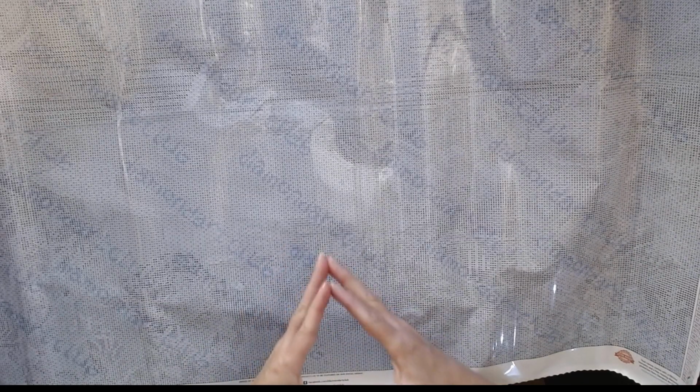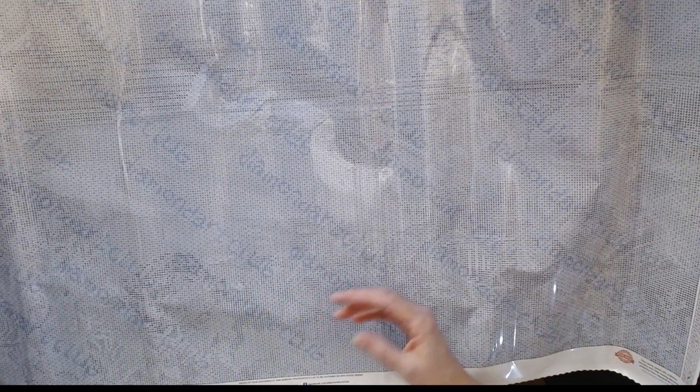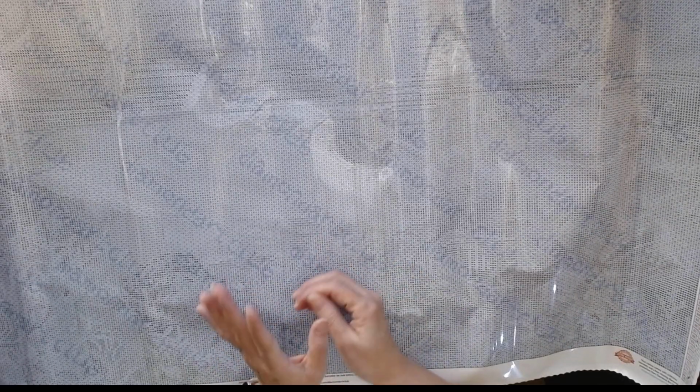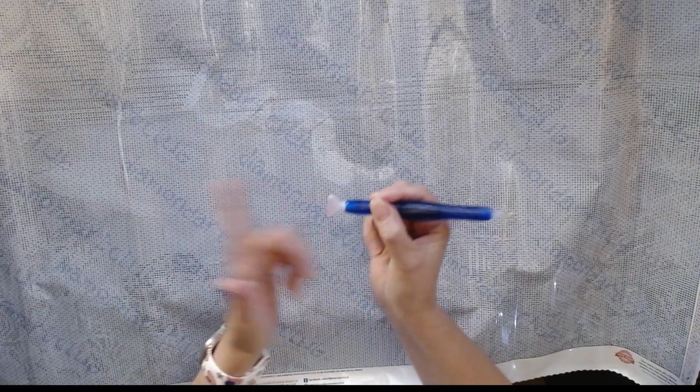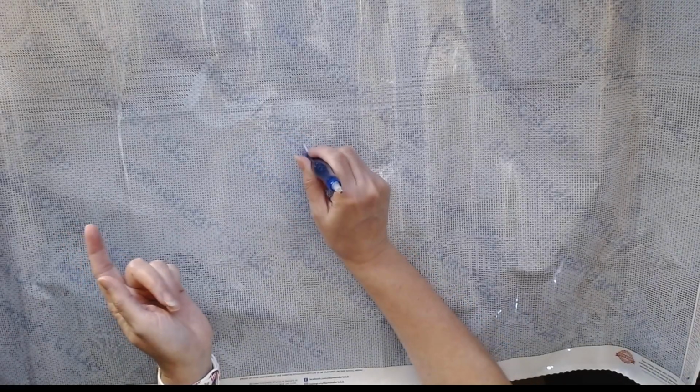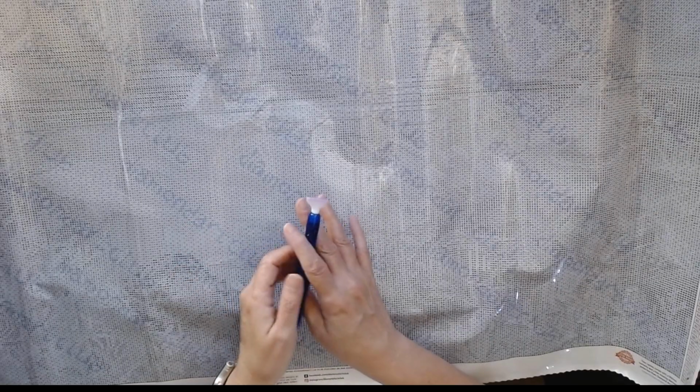Confetti is where you're going to be changing out your colors frequently. You're not going to work at one tray for a long time. You're not going to really be able to use your multiplacer, unless you're one of those people that can use your multiplacer and load it up with 6 and do 3 there, 2 there, 1 there. I'm not that person. If you are that person,